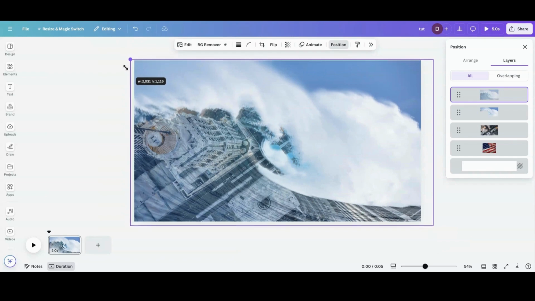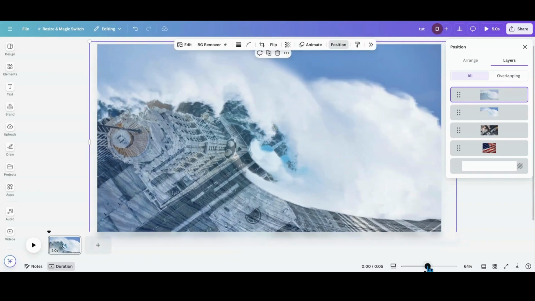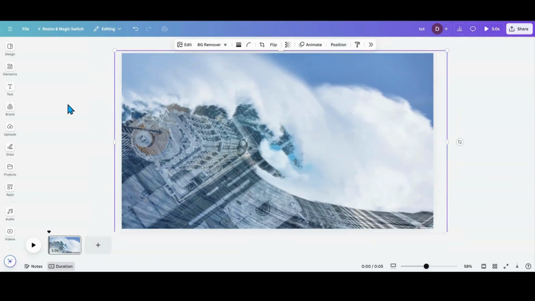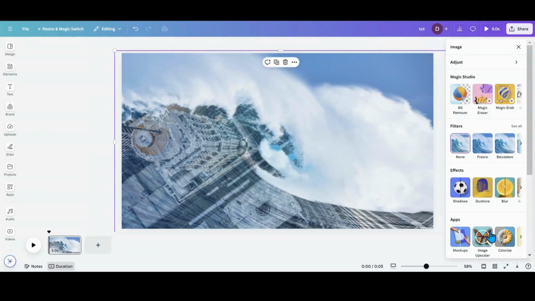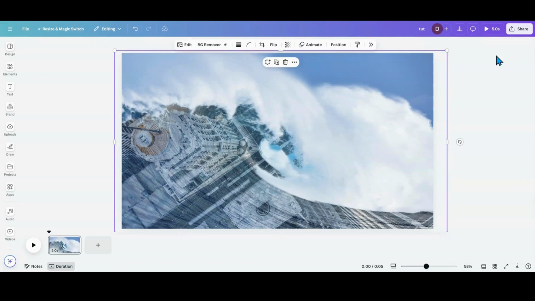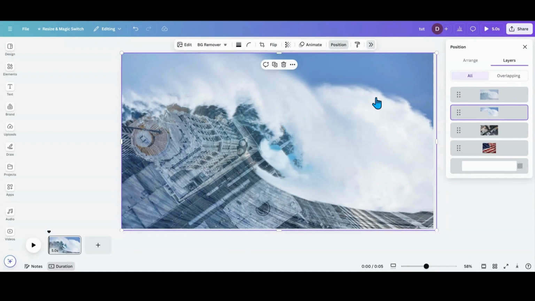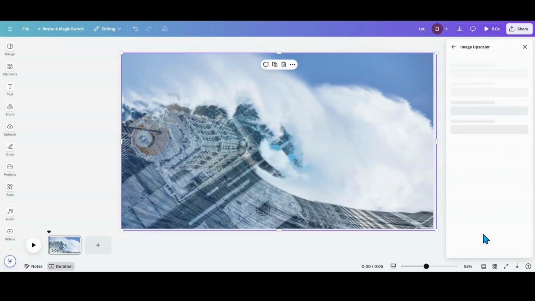And line it up with your picture. So let's go in there a little bit more. And like I said, it's going to be a little bit blurry. Let's try the image upscaler. I think it's still broken. I don't want that picture done, though. I don't want that one. I want the mask. Let's go in position, grab the mask, go to the image upscaler,